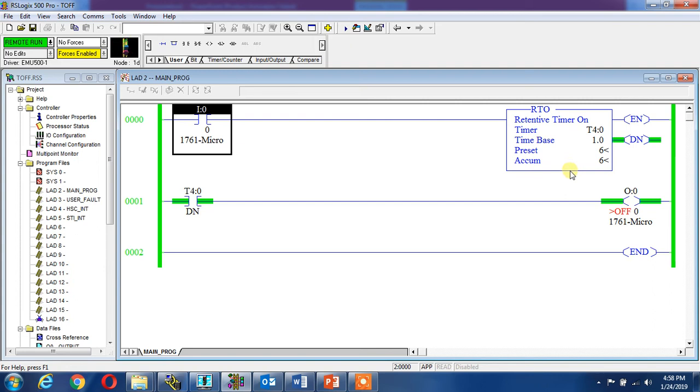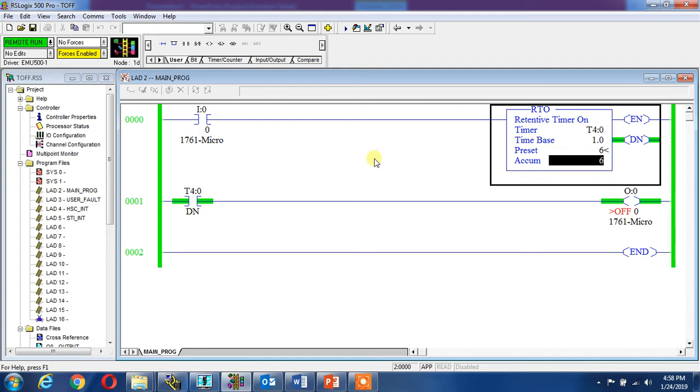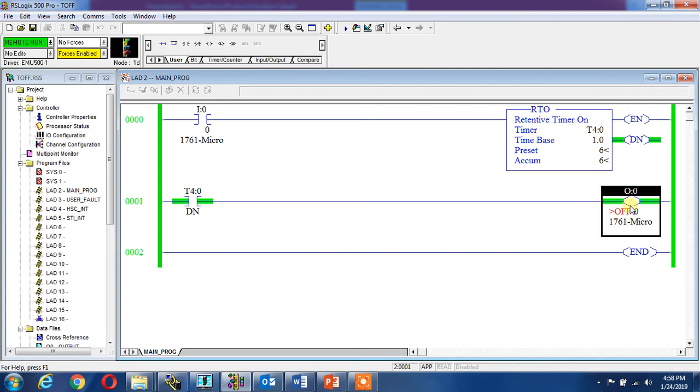It is not like a T on delay which we saw in the previous lecture. This timer retains the timer value, so that's why it will not switch off my output address.